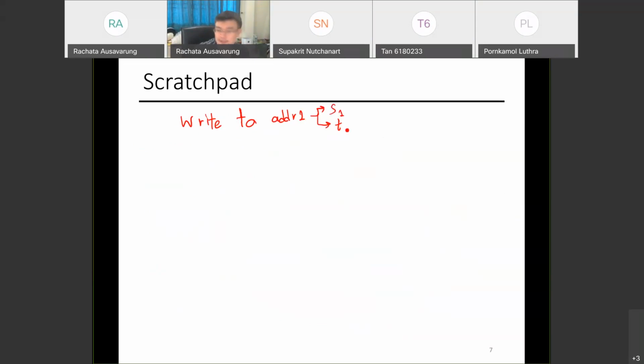So I'll call it S1 and T1. S1 is the set ID of address 1. T1 is the tag of address 1. All right, so you still with me? You get the set ID and the tag for both L1 and L2. So let's say this is set 1 for L1, and then you have set 1 for L2, and then tag 1 for L2. All right. So because you're accessing the cache, the behavior